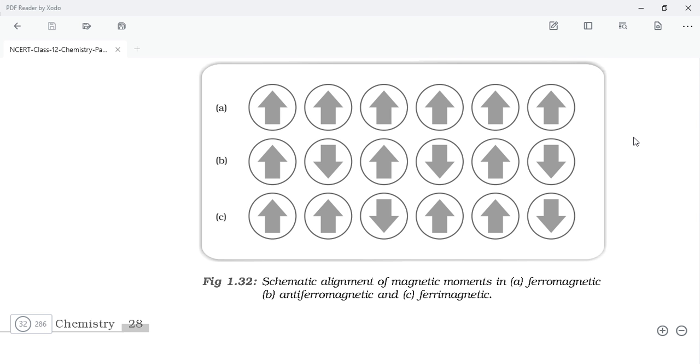Figure 1.32. Symmetric alignment of magnetic moments in ferromagnetic, antiferromagnetic, and ferrimagnetic. So in ferromagnetic, you get only one directional magnetic moments, or uniform magnetic moment, whereas in antiferromagnetic you get alternately upward and downward direction of the magnetic moment, and in ferrimagnetic you get